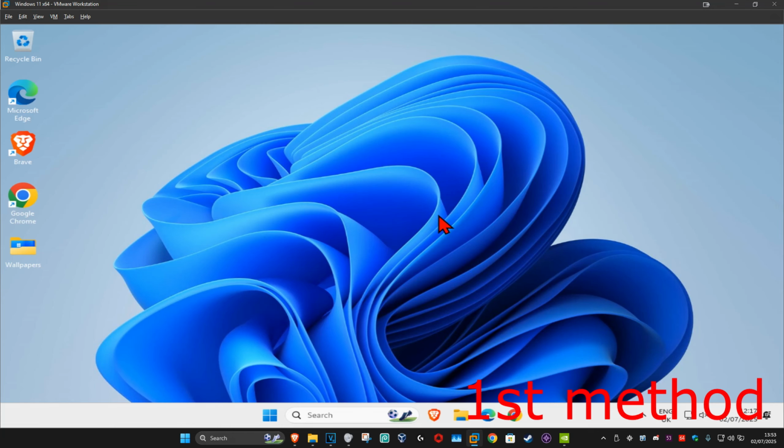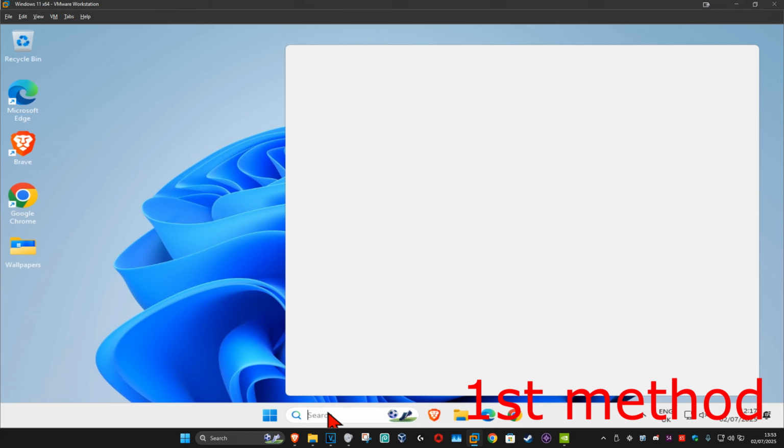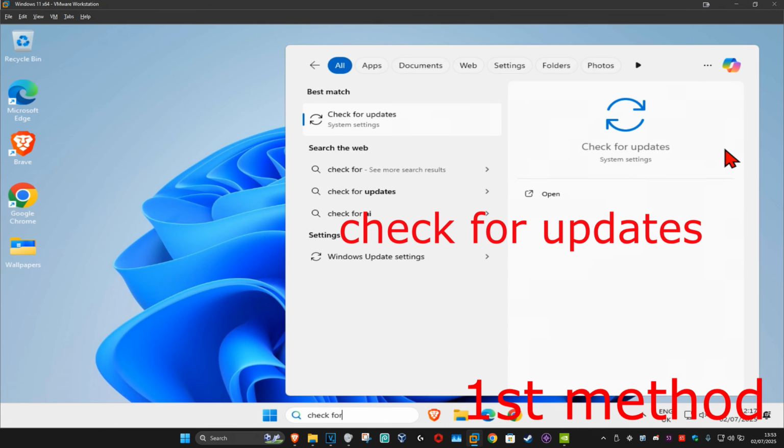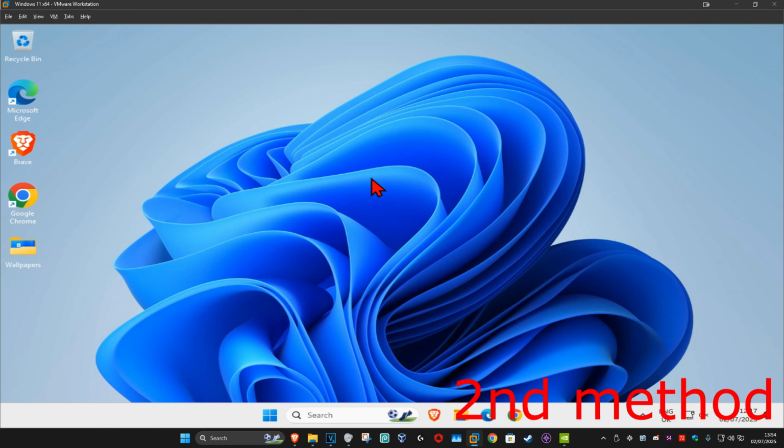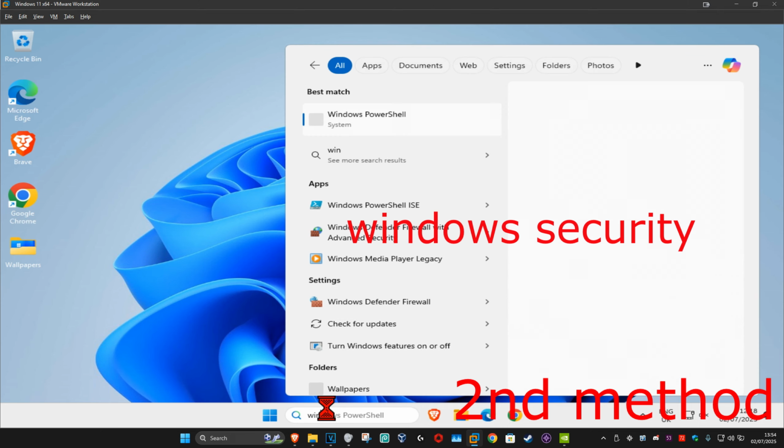So guys, for the first method, you're going to head over to search and type in check for updates. Click on it. And then once you're on this, you're going to click on check for updates. Make sure that your computer is fully up to date. If that's still not working, then for the second method, you're going to head over to search and type in